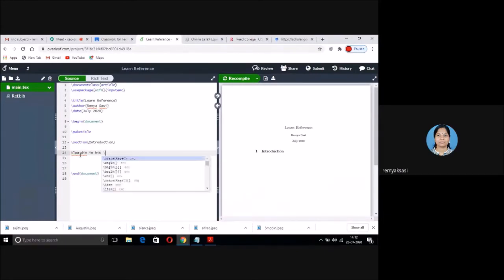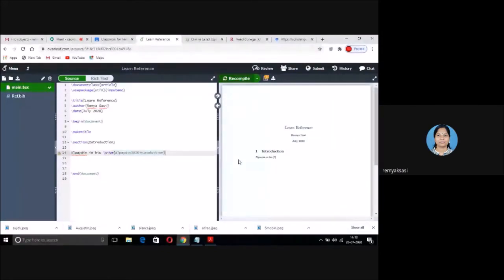Now, how to bring it to our tex file? The command we normally use is cite, C-I-T-E. So use \cite. As soon as you type backslash followed by C, it will come. See, you have a set of choices here. Whatever I typed in the reference file, it is showing. Just click on whichever you want.